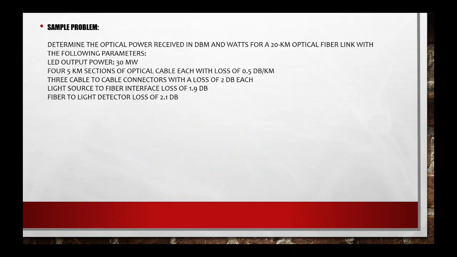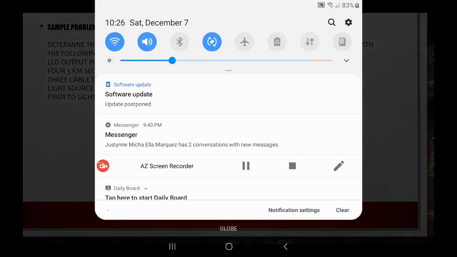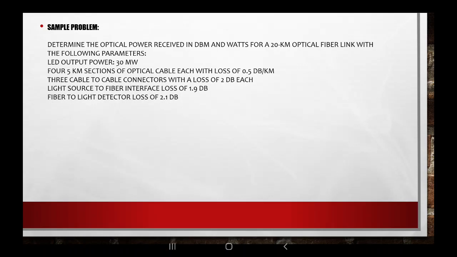Okay, so basta energy joules unit natin. Okay, so last problem. Determine the optical power received in dBm and watts for a 20 kilometer optical fiber link with the following parameters. Ang LED output power natin is 30 milliwatts. Okay, check natin kung tama, 30 milliwatts. Pero double check natin kung megawatt, kasi naka-capital. Okay, so yun is 30